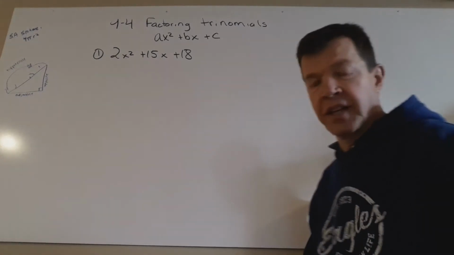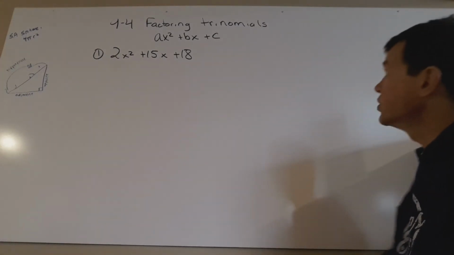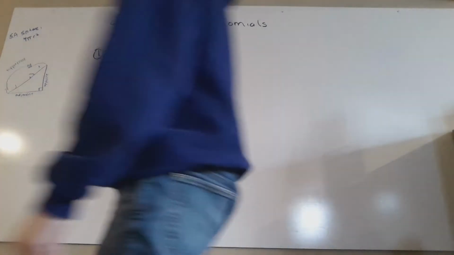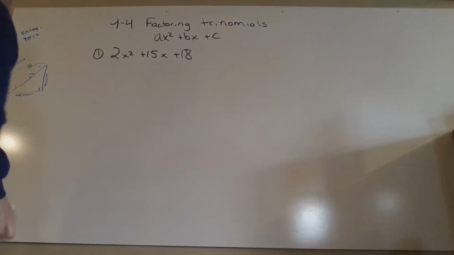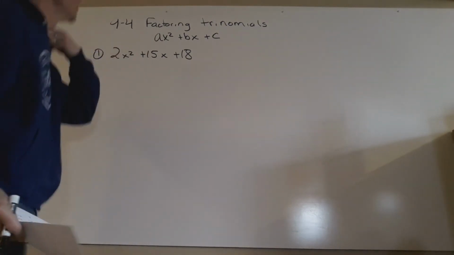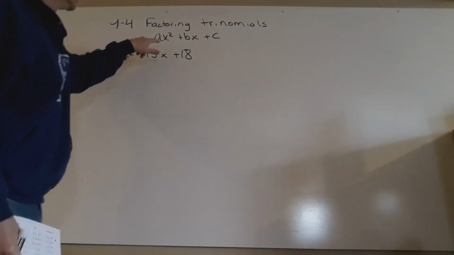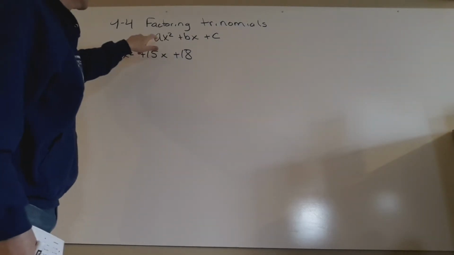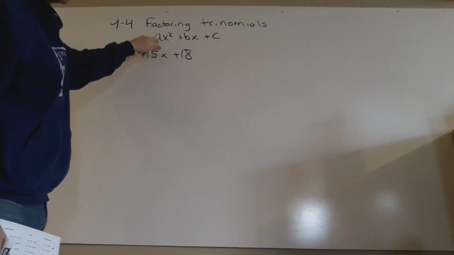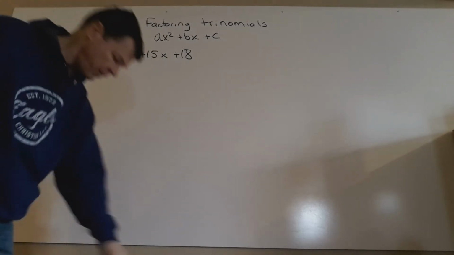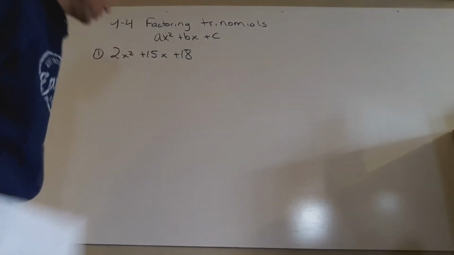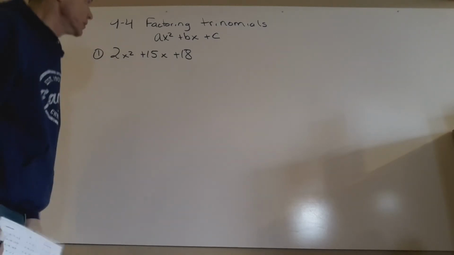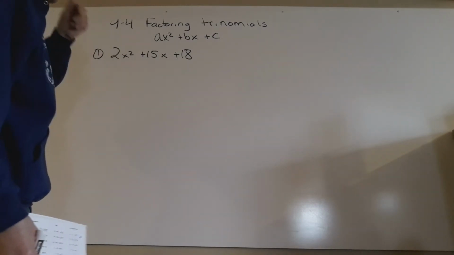All right, we're beginning section 9.4, factoring trinomials. They're continuous trinomials, except they just have a different form. You can see from section 9.3, it was just x squared plus bx plus c. In section 9.4, we have a number up here. So the rules haven't changed much, but they have changed slightly. This just adds another couple of steps into our process for